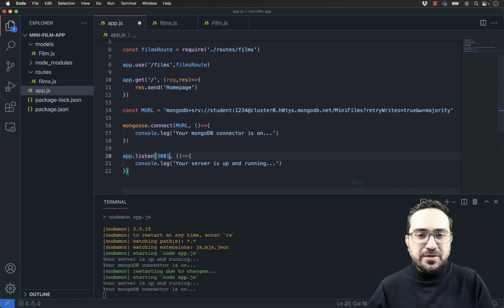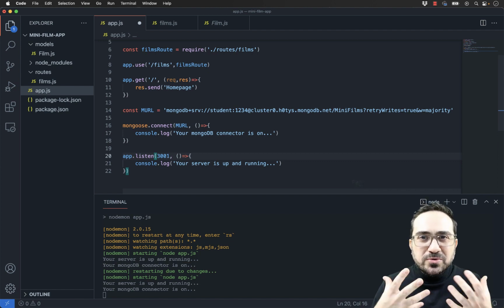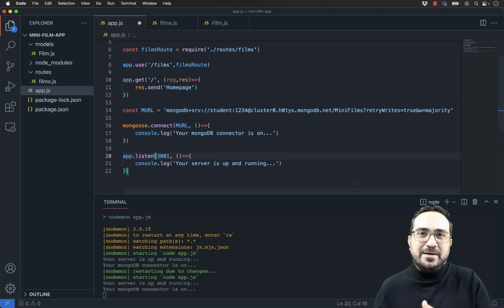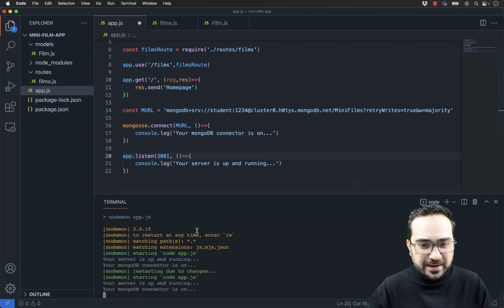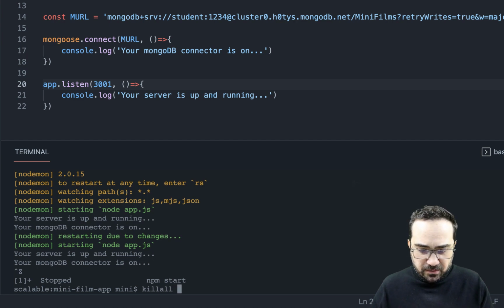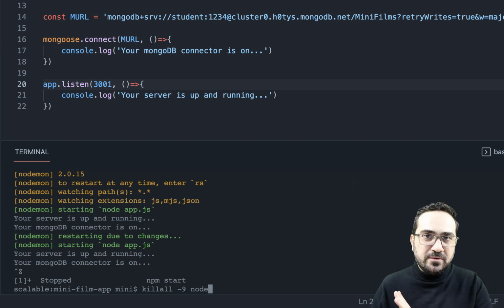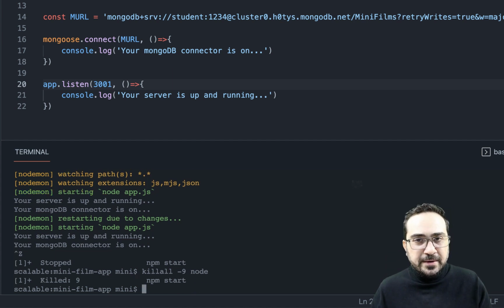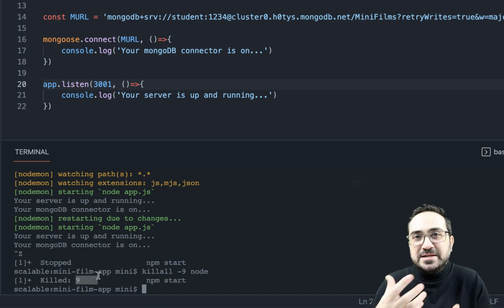Remember, we changed it from 3000 to 3001. It's not a good practice, whenever you want to stop the server and start again, to change the port, because the port is already in use. So what we'll do is go to the terminal, press Ctrl-Z to break this, or Ctrl-C in Windows probably, and run a command that says killall -9 node. This will kill all the processes, meaning it will stop all the processes. So just run it. You might see 1 or 2 or 3 killed processes here, as many as you had.